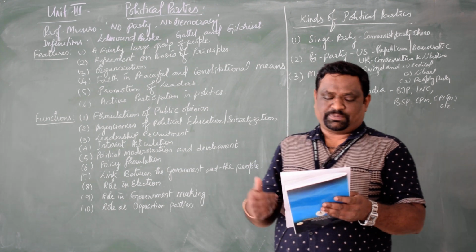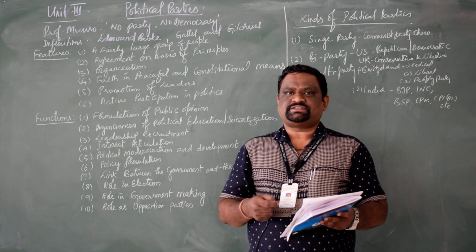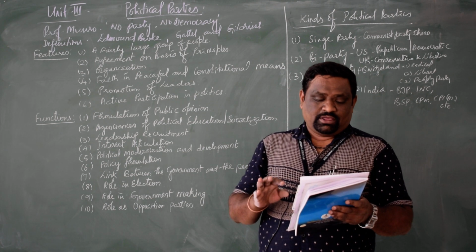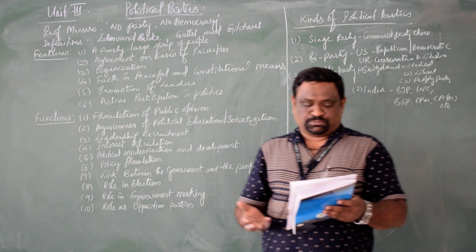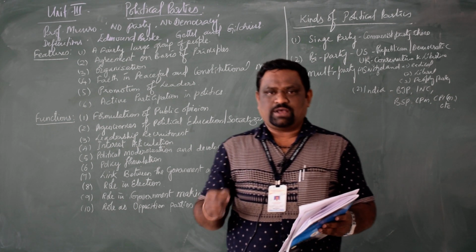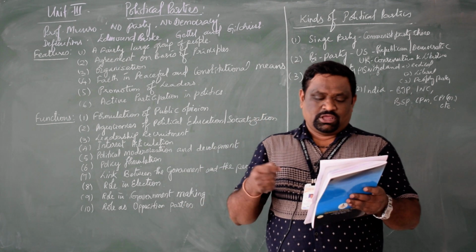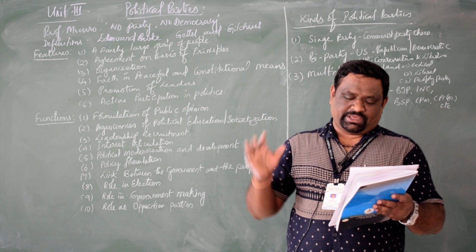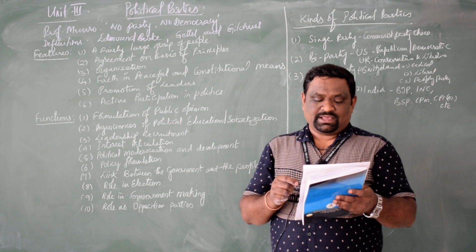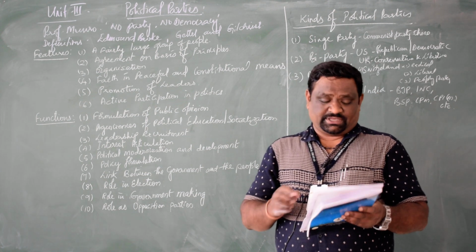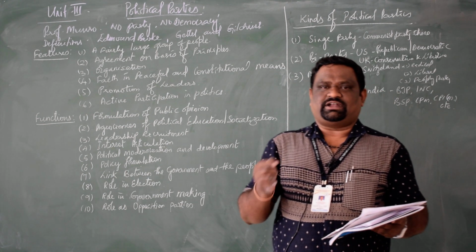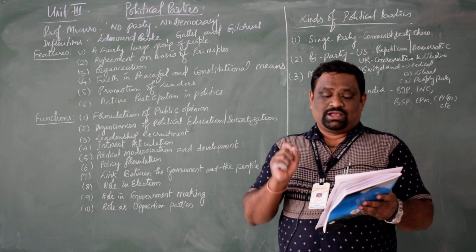And coming to the third person, Professor Gilchrist. I think his statement is totally different from the other two thinkers. In his view, a political party may be defined as an organized systematic group of people who cast their vote to choose the government or to choose the leaders for making the government. By acting as a political unit, they try to control the government. The Gilchrist statement is much better than the other two definitions, because he used the words control over the government.